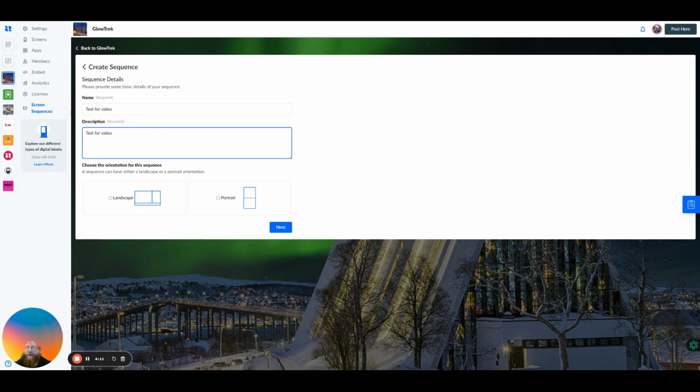Once we've done our name and description for this screen sequence, we're going to choose an orientation. Keep in mind that on digital signage screens, we're normally going to want to choose landscape, and for interactive touchscreen kiosks, we're going to want to choose portrait. We're going to create a landscape screen sequence. We're going to click next,